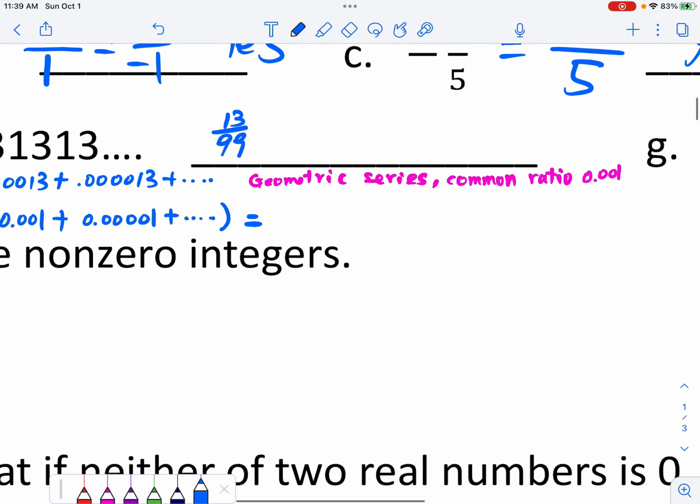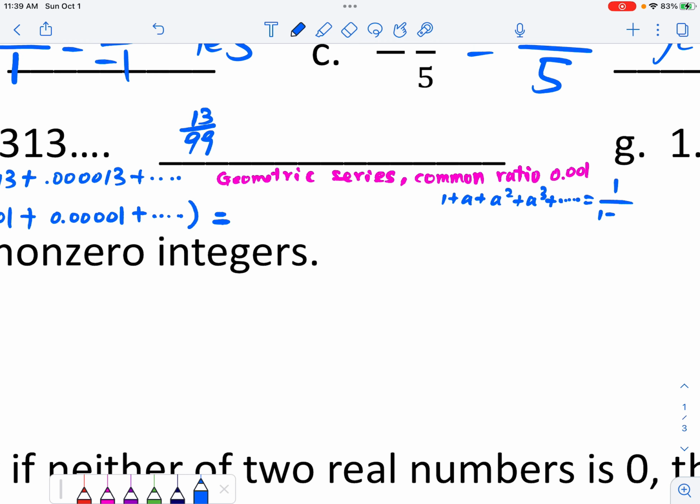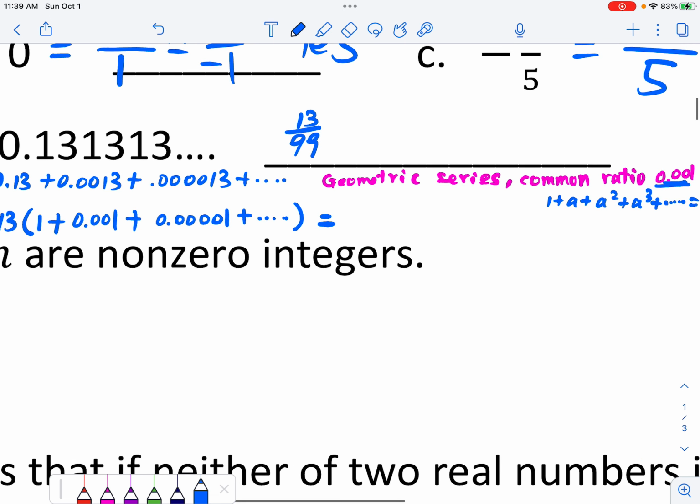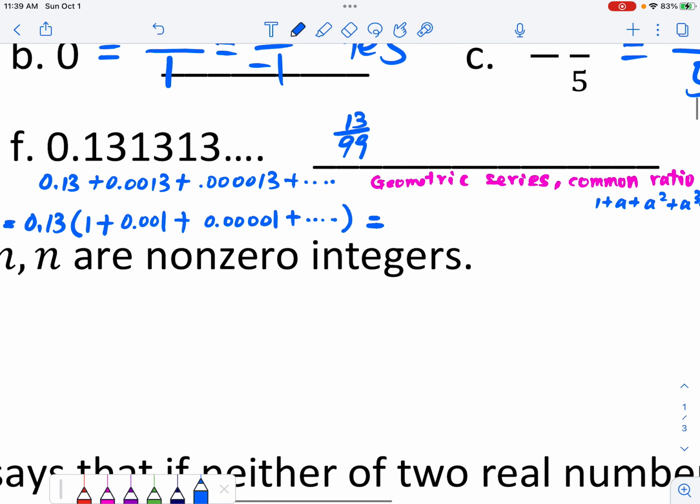Basically, if you have 1 plus a squared plus a cubed and so on and so forth, then this is going to be 1 over 1 minus a, as long as the absolute value of a is less than 1. Then this is the formula. Here the a is 0.01 in this case, so I can find it using 0.13 times 1 over 1 minus 0.001, which is 0.13 over